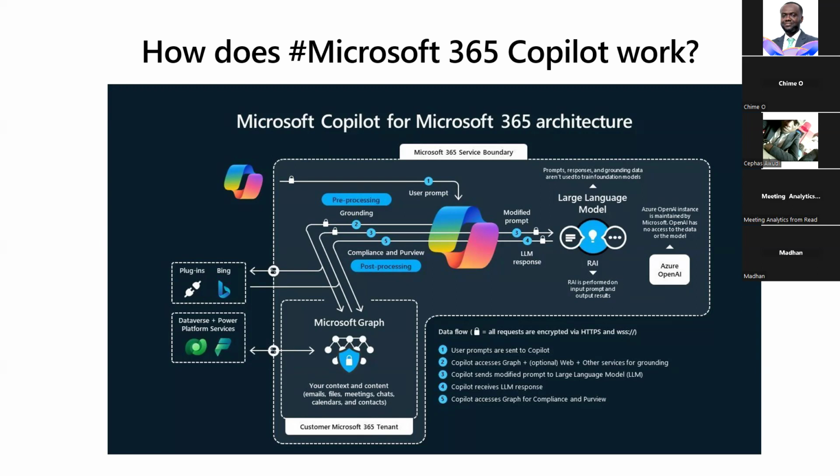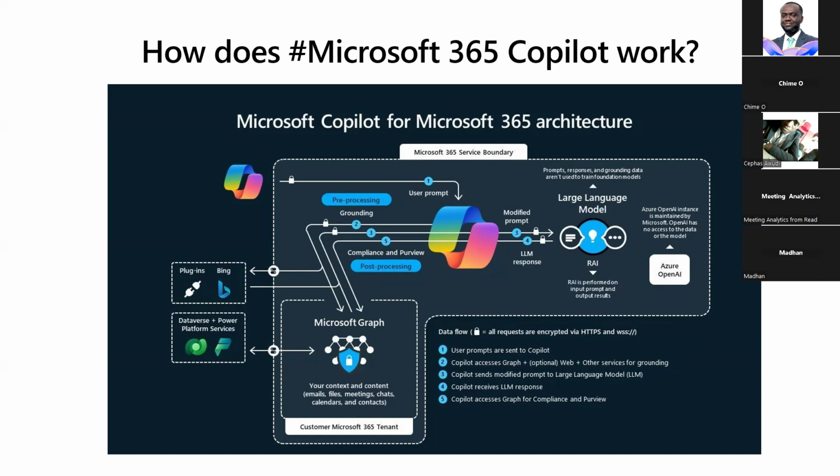So there's a pre-processing and there's a post-processing that includes your Microsoft Graph, where it looks at your large language models and also checks things like, is that a responsible AI? Is there some security? Is there some compliance? Are there any privacy reviews that need to be looked at? And then when that happens, it will push it back and respond to your response. Yeah. So that's where you'll be able to see, I've typed in something, it goes in and does all that, posts it, and then you'll be able to review and assess the response as well.